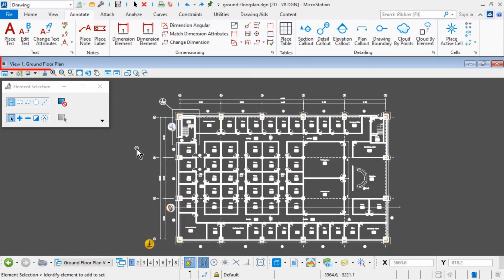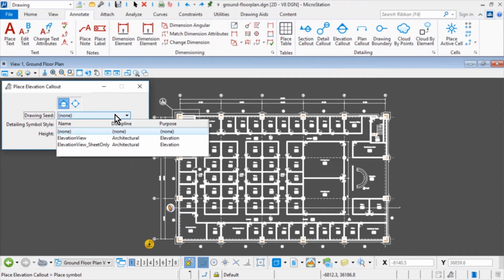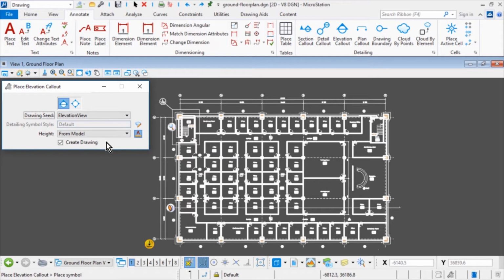Continue in the ground floor plan drawing model of the ground floor plan DGN file from the datasets DGN folder. From the detailing ribbon group of the Annotate tab, make the Place Elevation Callout tool active. In the Tool Settings window, set the following options. From the Drawing Seed drop-down menu, select Elevation View. Ensure that the height is from model, that the annotation scale lock is enabled, as well as the Create Drawing